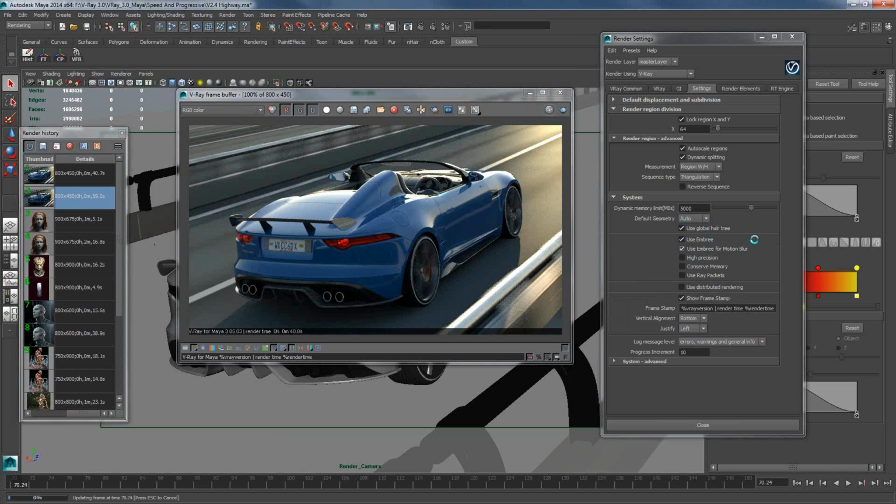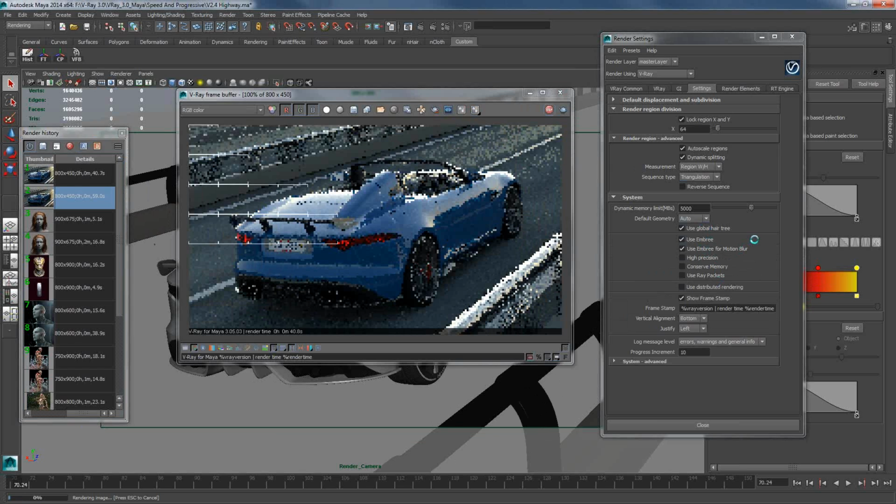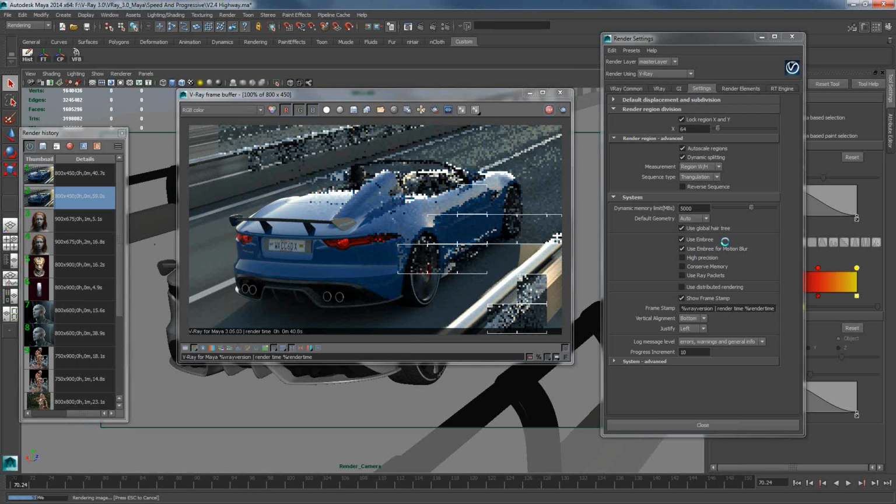But for those of you who don't know, I'm just quickly going to mention Embree is actually a library of ray tracing algorithms that were developed by Intel Labs, and they were specifically designed for faster calculation of ray tracing, which is essentially what we need in 3D. And you can use this by just checking an option here. The reason that this is an option is that some processors do not support Embree, and